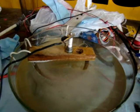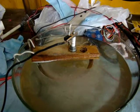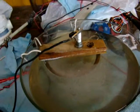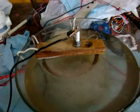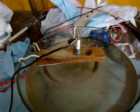So I'm asking the question, if anybody else has heard this sound, if they leave theirs running long term, doing the spark plug and the screen thing. The water's getting kind of nasty because I've been reusing this same container for quite a while now. But after letting this run a little bit longer, like in excess of a minute, minute and a half, it starts making this other harmonic kind of a sound